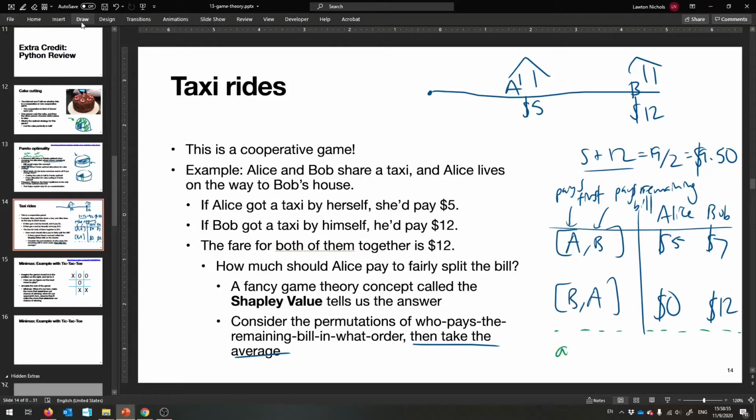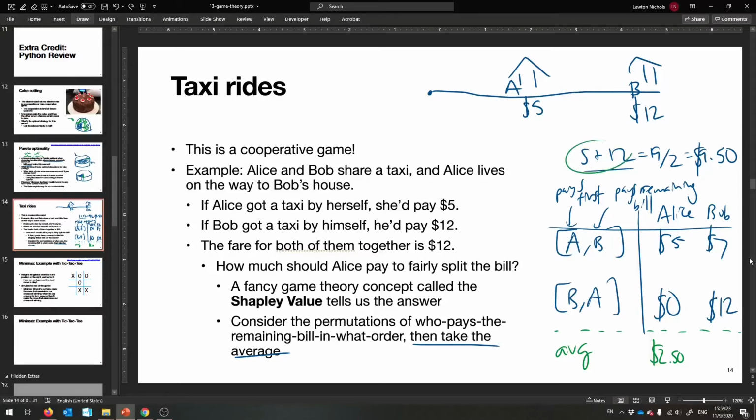Okay, so the average now for Alice over these two permutations. Obviously, if there's 3 people, there'll be 6 permutations. You know your math. The average is going to be $2.50. So that is actually the optimal amount that Alice should pay. That's the fair amount in this cooperative game. And then Bob pays the...